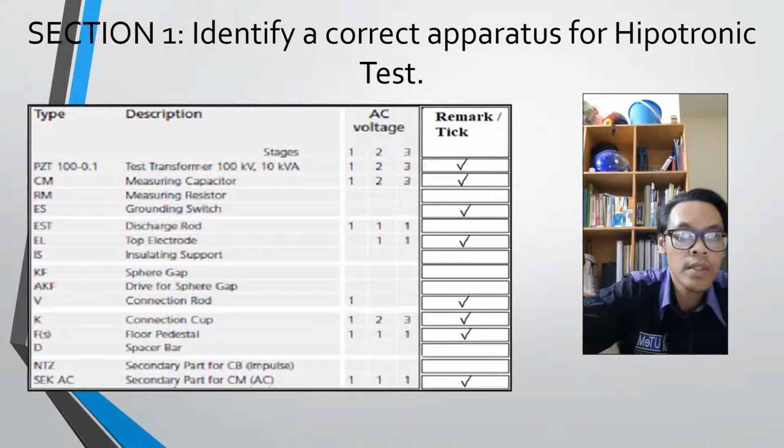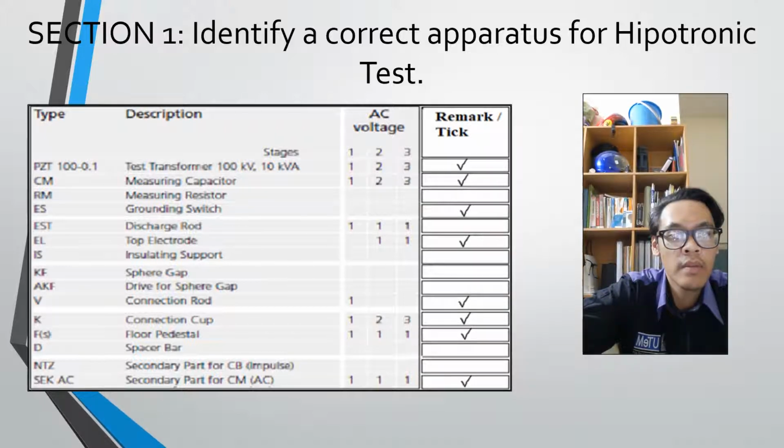So we can see the list of apparatus that we already ticked. The apparatus is type PZT 100-0.1, which is a test transformer of 100 kV,